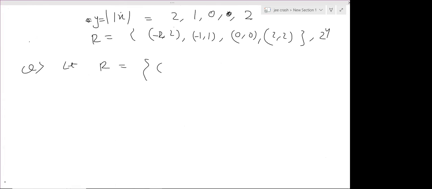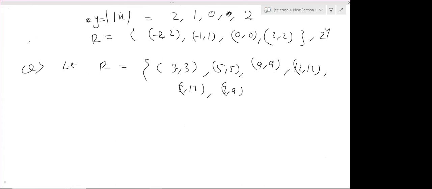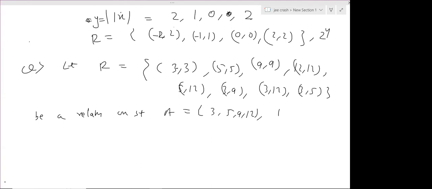Let R equal {(3,3), (5,5), (9,9), (12,12), (5,12), (3,9), (3,12), (3,5)} be a relation on the set A equals {3, 5, 9, 12}. Then R is,